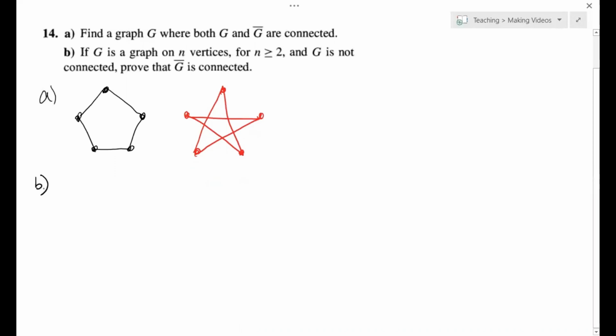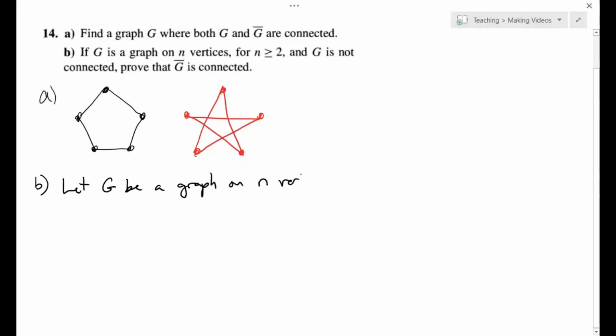If G is a graph on n vertices, for n greater than or equal to 2, and G is not connected, prove then that G complement must be connected. All right, this is nice. So we start with, if G is a graph on n vertices. Okay, so let G be a graph